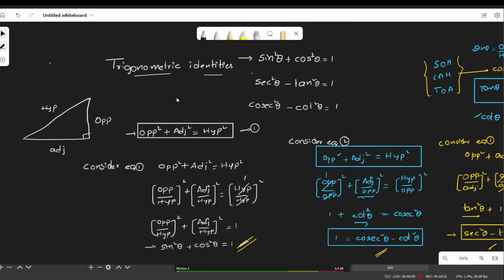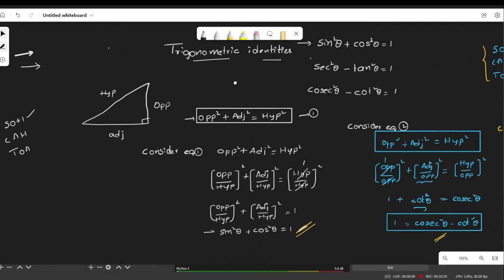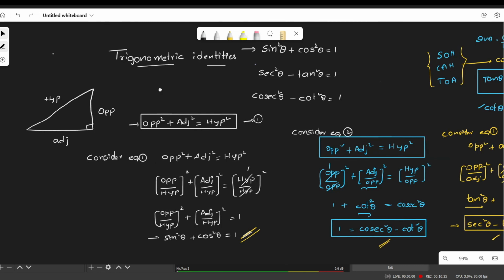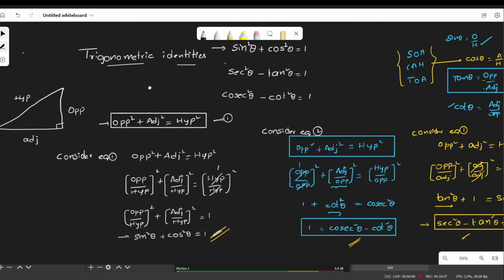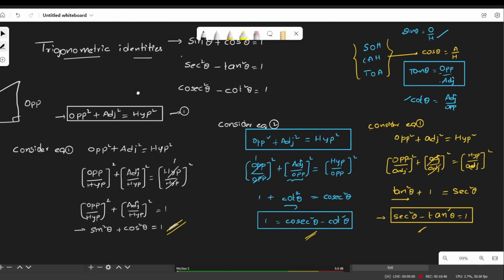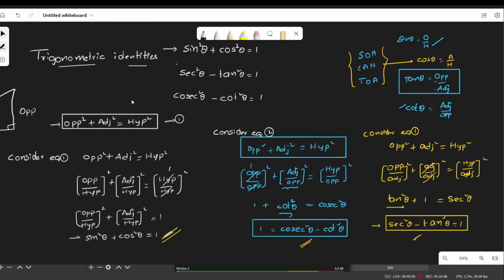See, I've just taken the right angle triangle, and we know the Pythagoras theorem. From Pythagoras theorem, we have proven these three identities simply by dividing each time, one time with opposite, one time with adjacent, and one time with hypotenuse, and we got all these three identities. That's it. I hope you are very clear with these three identities,